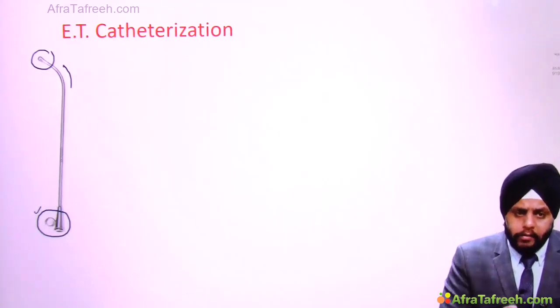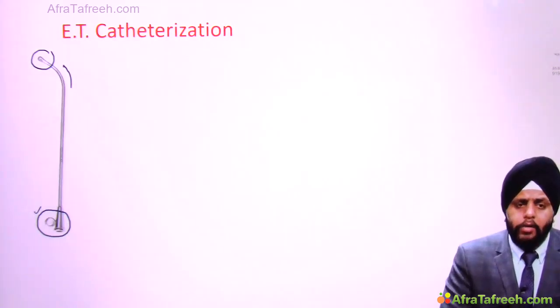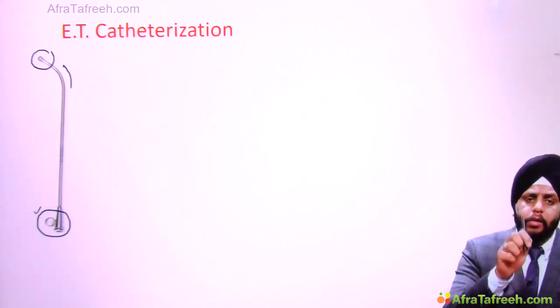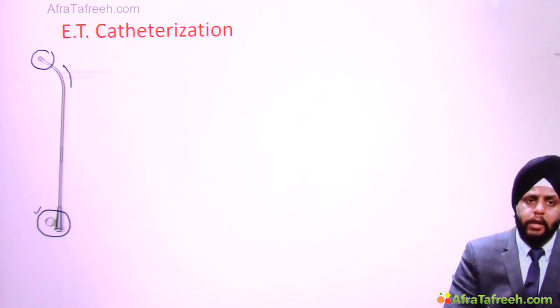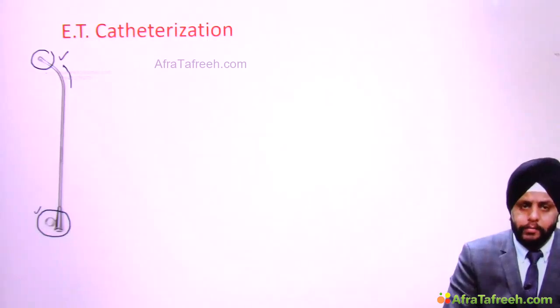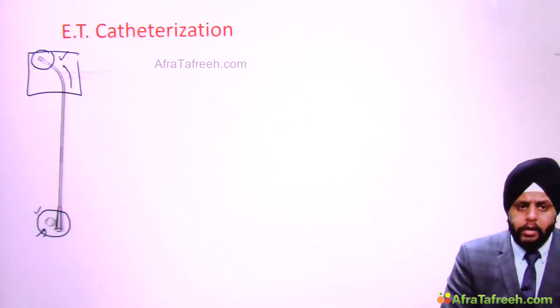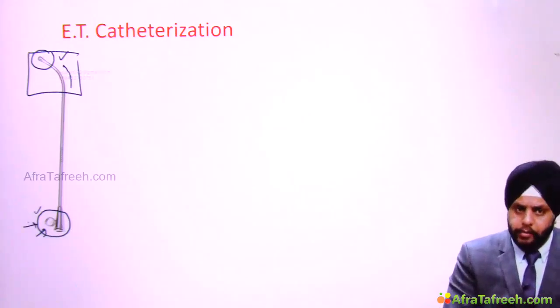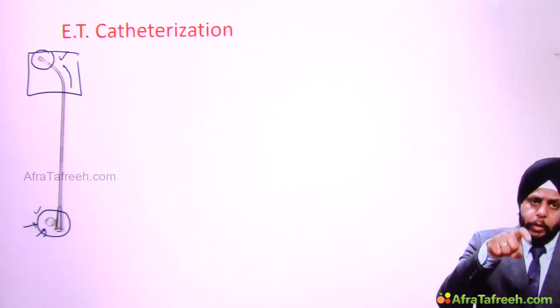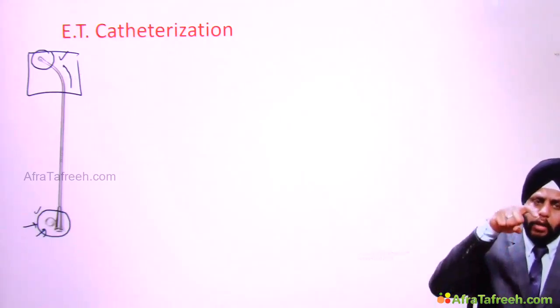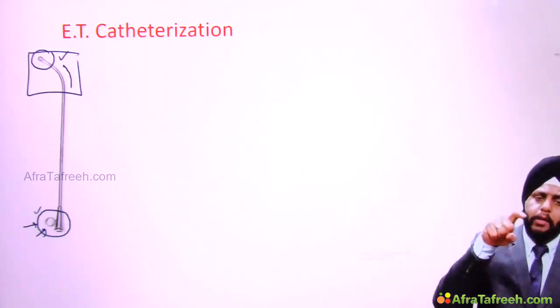So you take this Eustachian tube catheter and you insert it straight into the nasal cavity, keeping this end down. So how do you know this end is down? You will keep looking at this ring because the other end has gone into the nasal cavity. You cannot see it. You can see only this ring. So this ring will tell you where the other end is, in which direction. So keeping this ring down, you put the Eustachian tube catheter into the nasal cavity and pass it along the